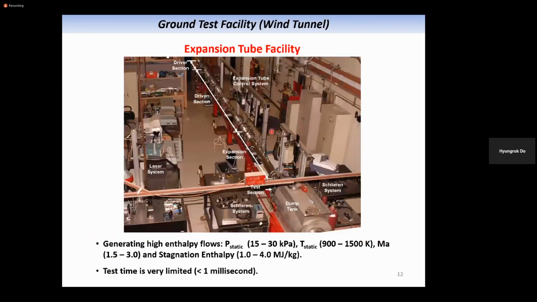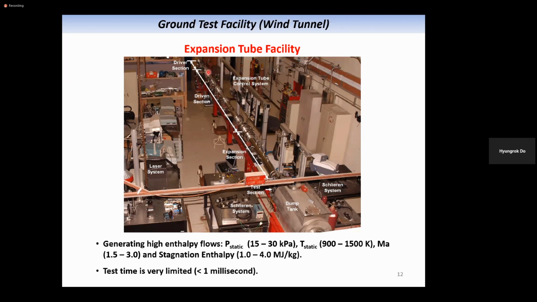Okay? Right. So here's another typical hypersonic testing facility, which is called an expansion tube. With the expansion tube, you don't have heaters. And the heating is, in this case, done by the shock wave. So in the driver section here, you have a high pressure gas and you have a diaphragm. And for some reason, the diaphragm is broken, and the rupture causes